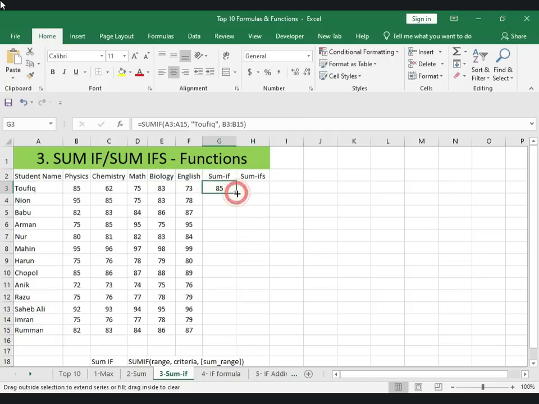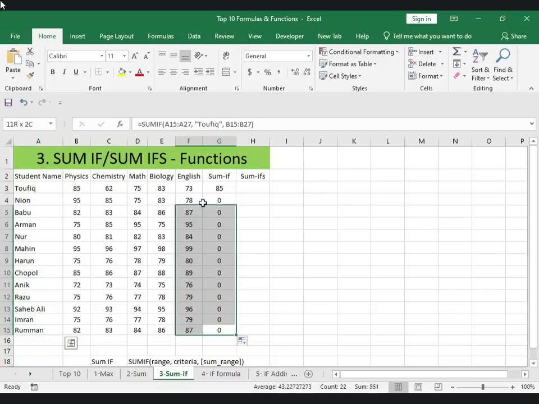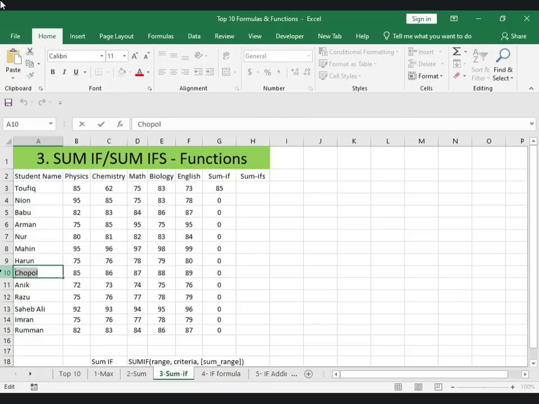And similarly, if we drag down the entire portion, the below is not coming, because everywhere it is Tofik, but here is Neon, Babu, Arman, Noor, Mahin, Harun, Chapal, a different person's name in each. That's why the other results are 0. When we change Tofik to Mahin, Noor, Chapal, that means the respective person's name, the answer will automatically be fine. If I write here Chapal,